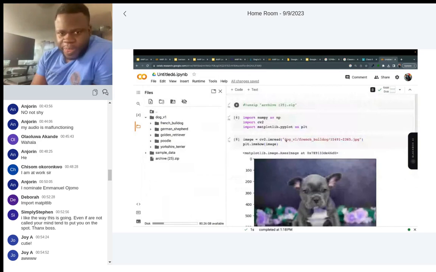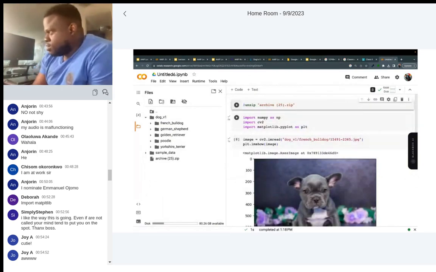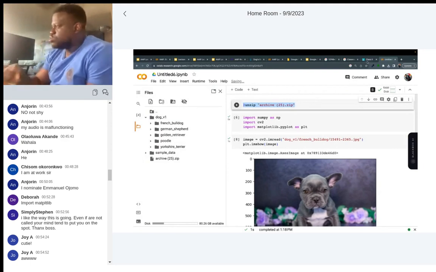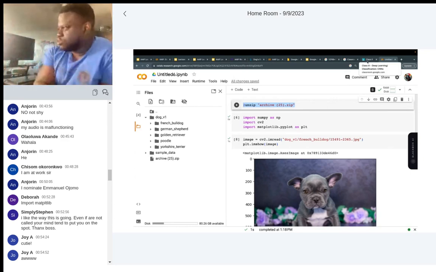Whenever I put an exclamation mark before something in Colab, it is not Python. I'm typing in the command prompt or Linux. This is a Linux command just to unzip the file. The zip file library is different from this unzip.